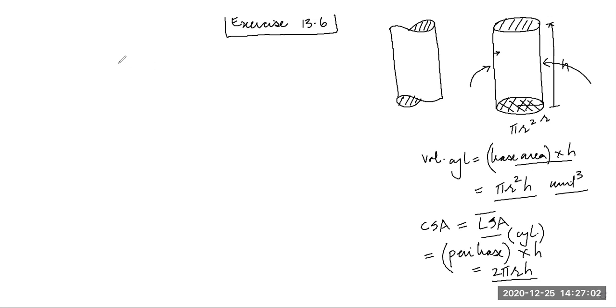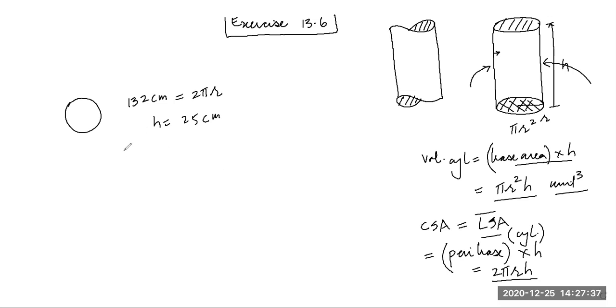Okay, guys. So now we have the first sum. The first sum is basically the circumference of the base of a cylindrical vessel. Its circumference is given as 132 centimeters. Now we know circumference is equal to 2 pi r, so from here I will calculate r. Height is also given as 25 centimeters. We have to find out how many liters of water it can hold.